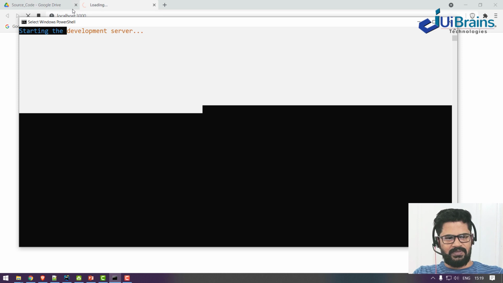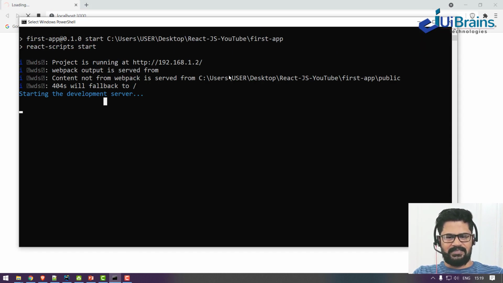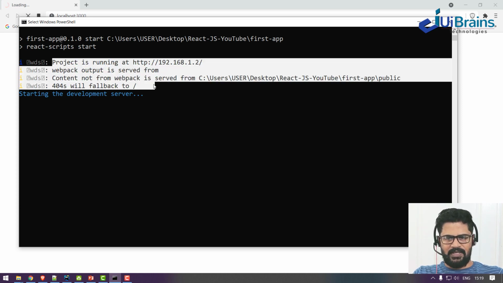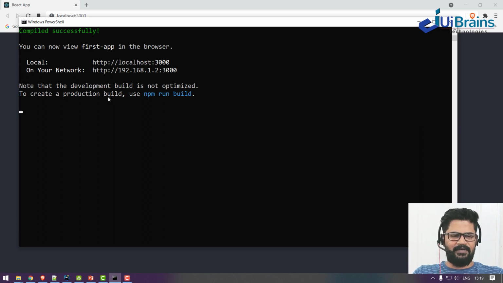Okay. So now, yes, you got some logs and it's still starting your development server. After a few minutes, you get this compiled successfully and it runs on port number 3000. So same as our Angular runs on port 4200, React runs on port 3000. It's either localhost with the port number or your IP address with the port number.